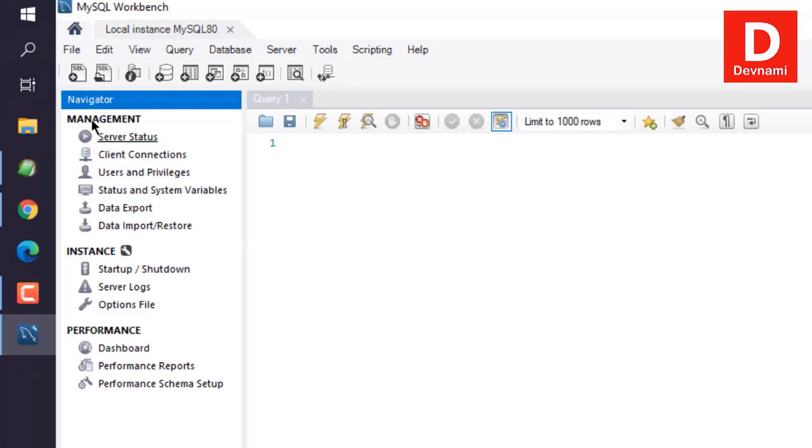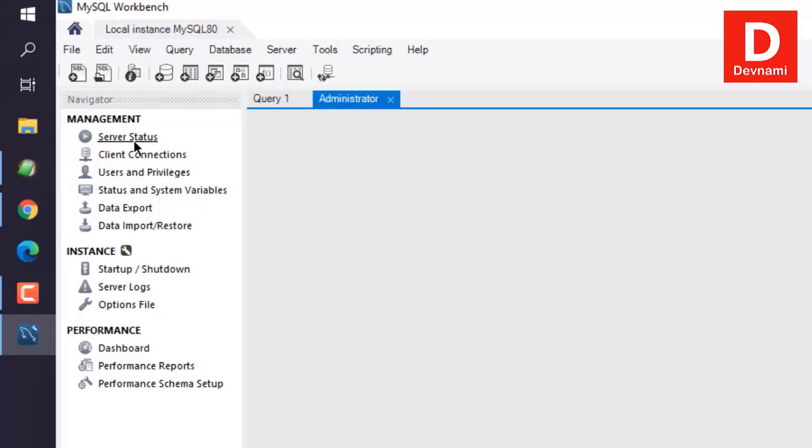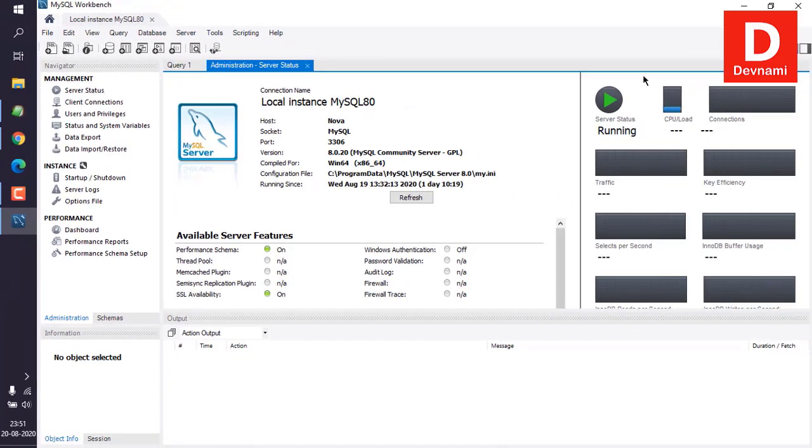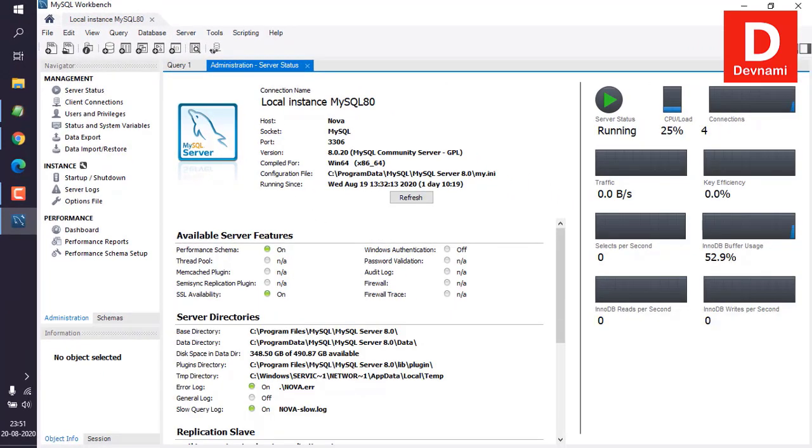Administration, and in the management section you can find server status. So click on that server status link. That should show you this window here. Now here you can see it shows you a lot of information like your host name, socket, port, version, and the operating system and where it is all running, along with